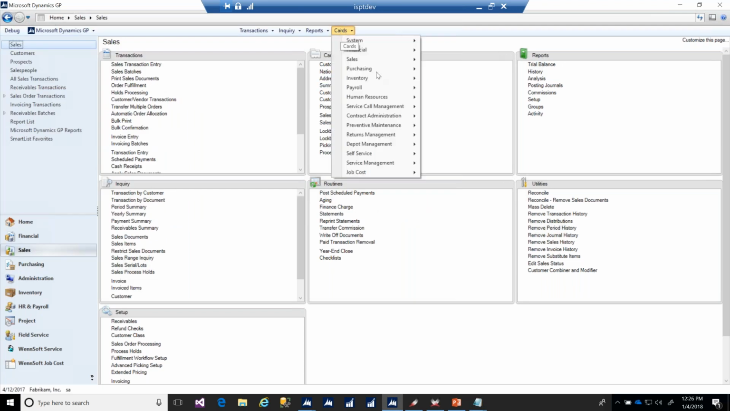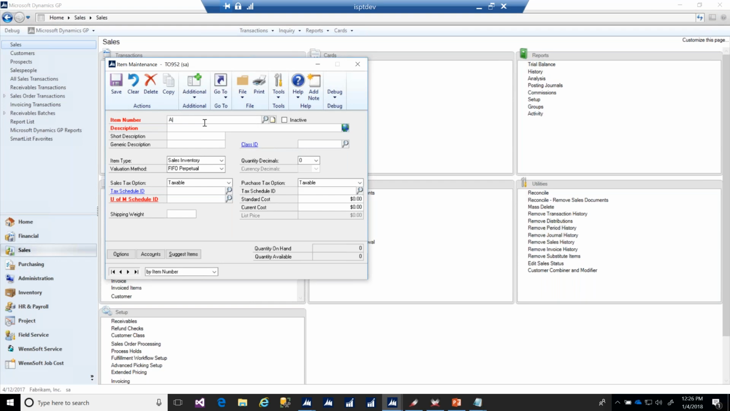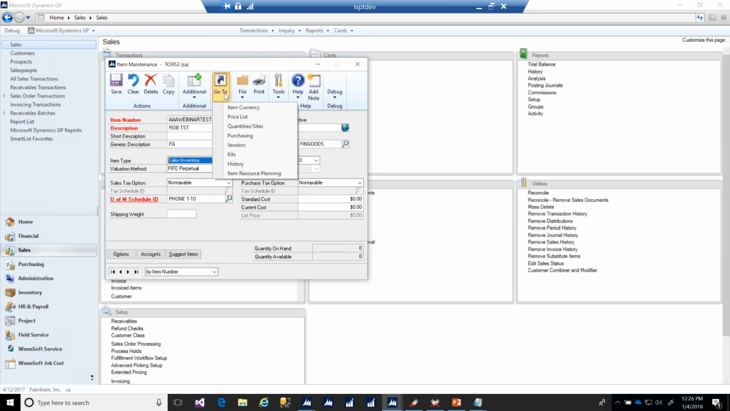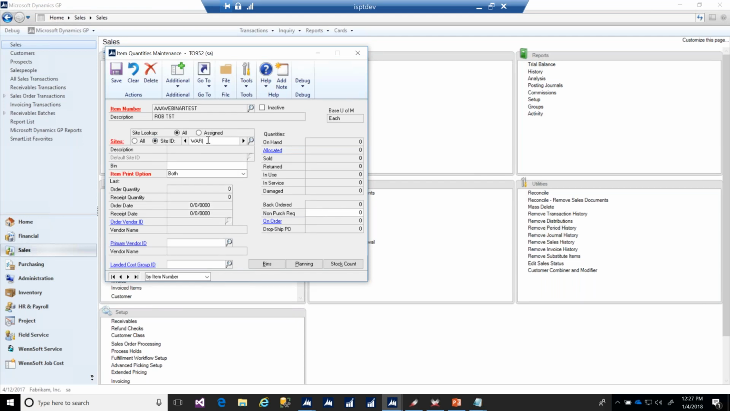Then we know to enter an item, we go cards, inventory, item. And we're going to put in a simplistic item number and fill out our automatic fields. And we'll pick a class of finished goods for this item. All of our items are going to be finished goods. And from there, we know that we need to enter a site for this inventory. So I'm going to navigate to the site window here and assign it to warehouse,